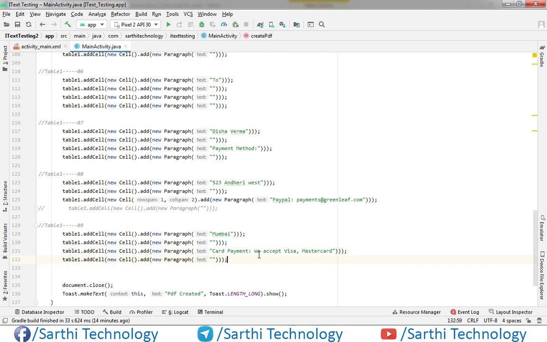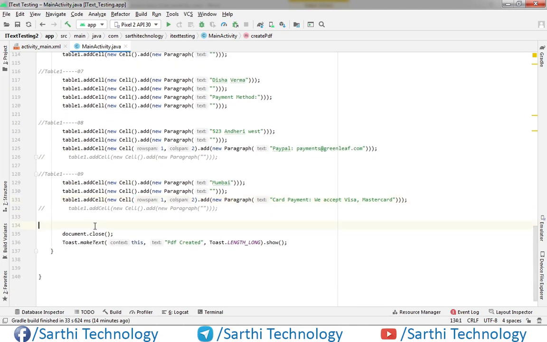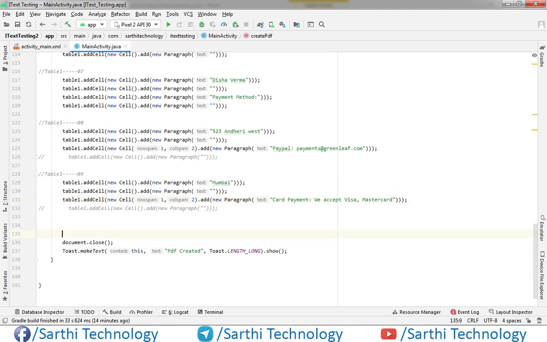Make this a comment, and here we will put the column span, so 1 comma 2. Okay, now add this table in the document. Table 1, and now we can just try to run this, and let's see our progress.